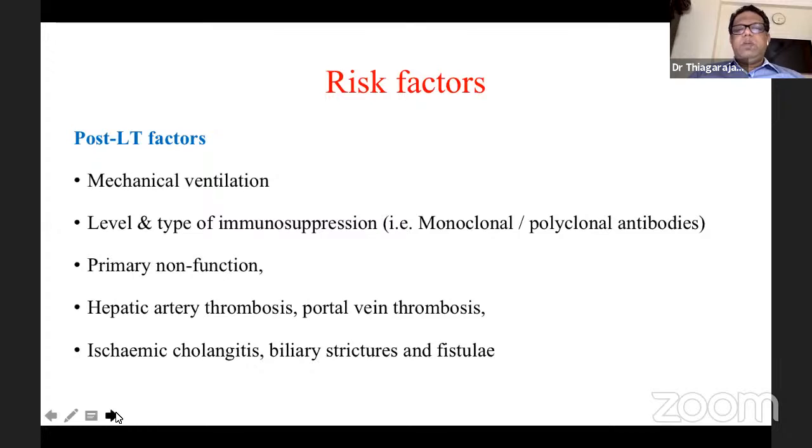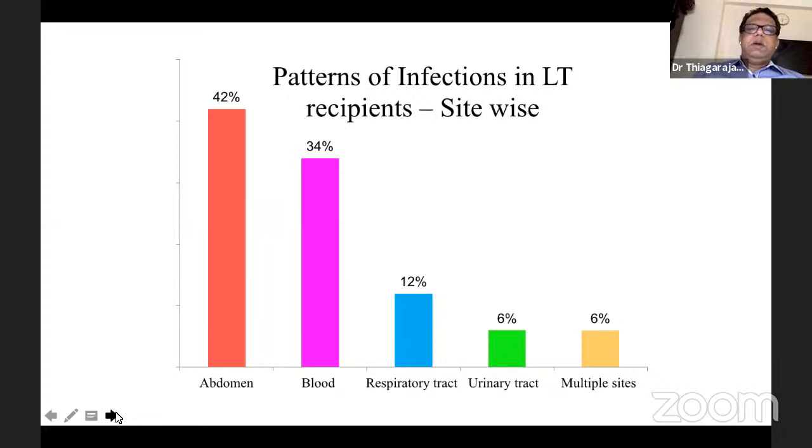Postoperative risk factors include mechanical ventilation, whether we are using induction therapy, and any complications of the surgery like PNF, HATs, PVTs, or biliary complications. Biliary leaks and ischemic cholangitis often form a significant cause of post-transplant infections. When we analyzed our data in post-transplant recipients, the commonest site was found to be the abdomen in 42%, followed by blood in 34%,